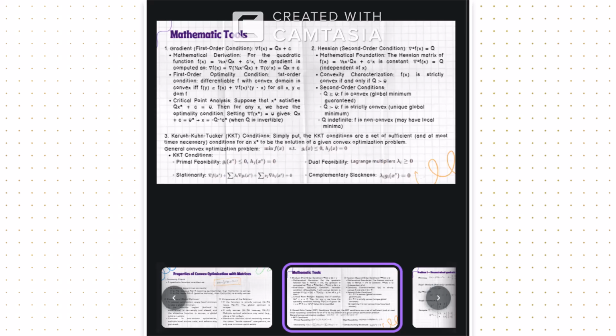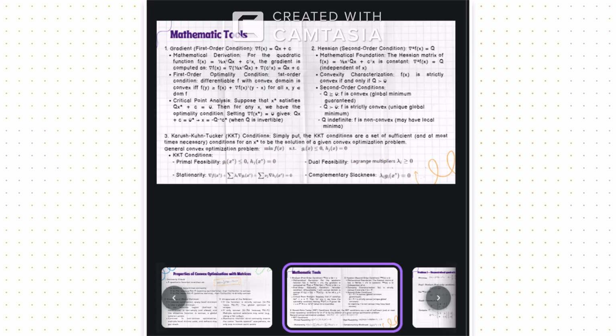It's a first-order optimality condition. A differentiable f with convex domain is convex if f(y) ≥ f(x) + ∇f(x)^T (y − x) for all x and y in the domain of